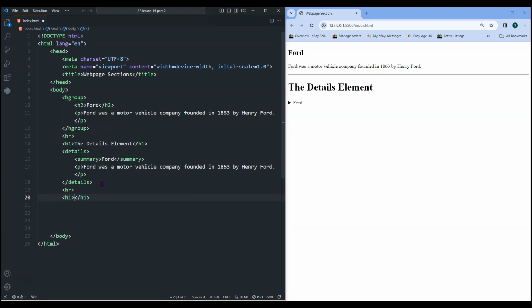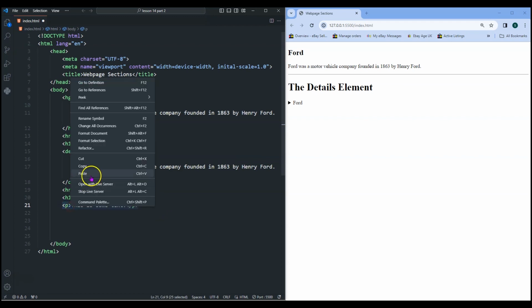So I'm going to put the H1. So this is the dialog element, so I've just put that in a header. So then I'm going to just put in a paragraph tag. I'm just going to put this is some text. It doesn't matter what I put in here, so I'm just going to put that in that paragraph, and I'm going to copy that